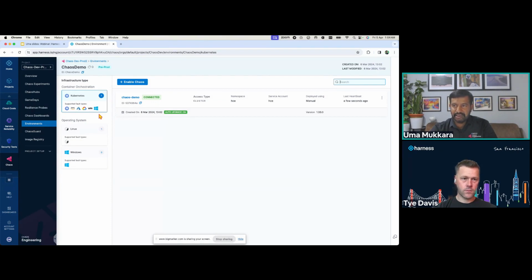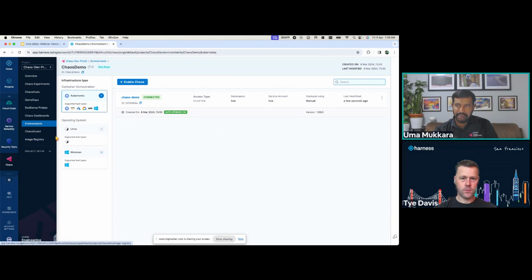Where the Kubernetes chaos infrastructures can be used to target not only Kubernetes resources, but also AWS, GCP, Azure, or you may have some VMware systems in the same environment. So all these targets can be acted upon via chaos through this infrastructure, right? One of the main things that you would do in the beginning is to bring in a target system